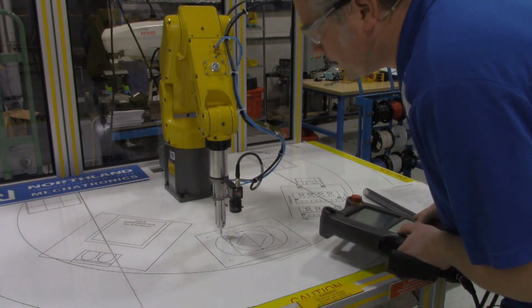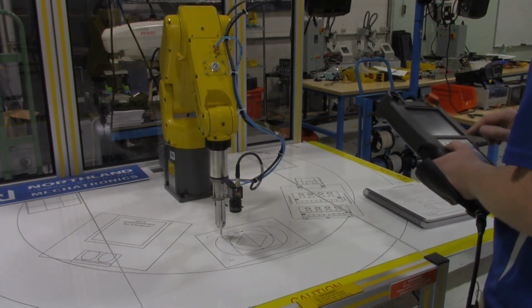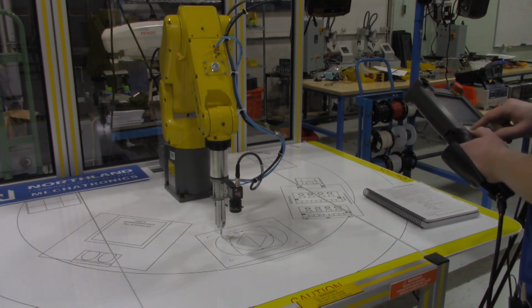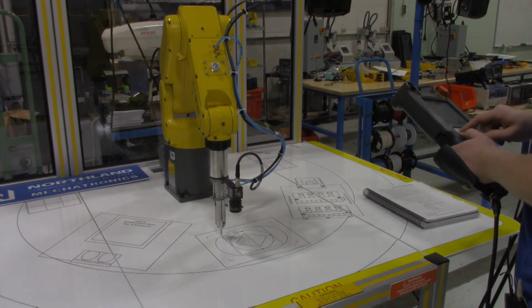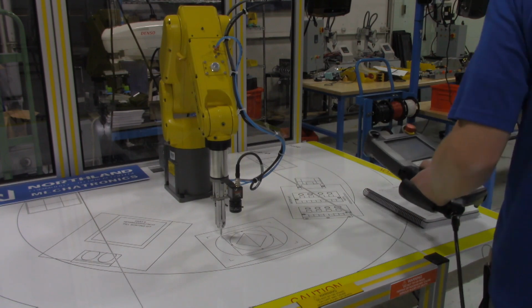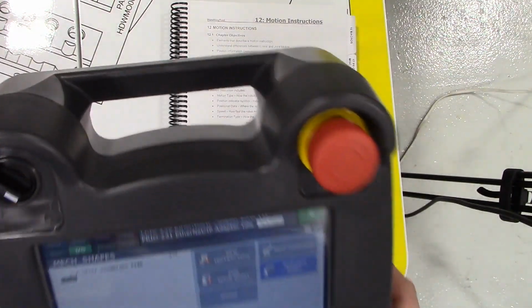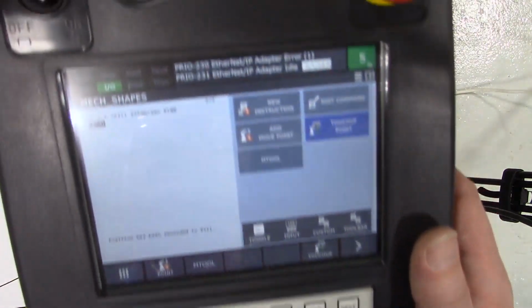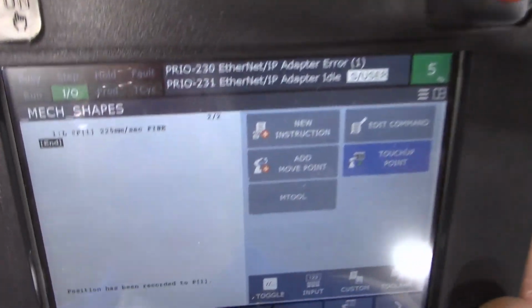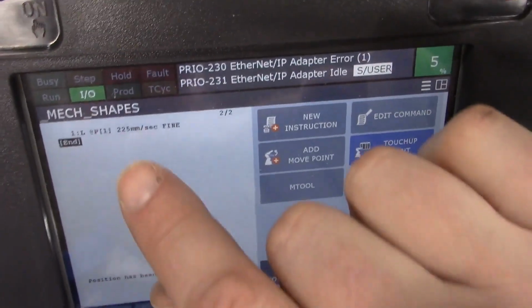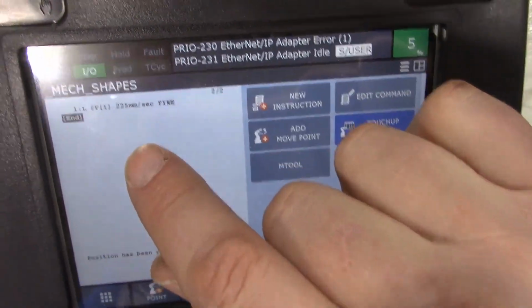And I guess I don't have to get so fussy with it. Okay, so that would be my first point. So go ahead and do a shift point, and then by default in the program, it records that as a linear motion. Okay, so we've got an L over here,